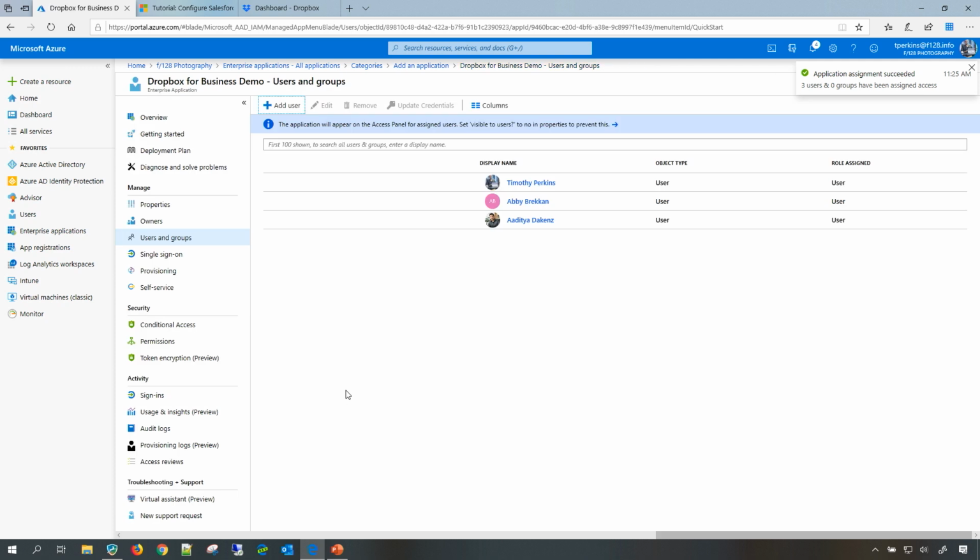I can also select the groups. For testing, we generally suggest that you start with a smaller group, mostly like a test group, or you can select a few users for your application so that you can test the provisioning. Once the provisioning starts working correctly, and once you validate that everything is correctly set up in Azure Active Directory and in that application, then you can expand your scope to more users in your organization.